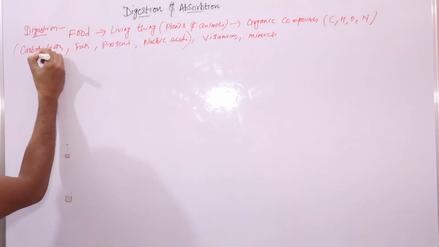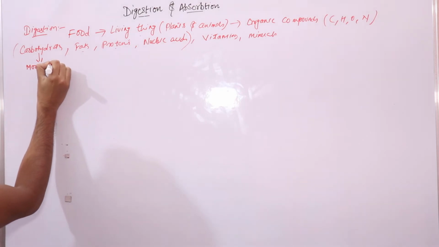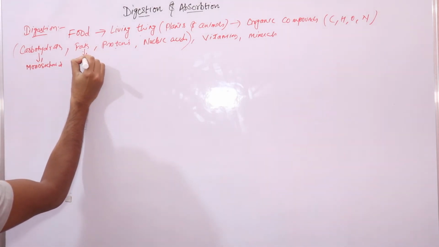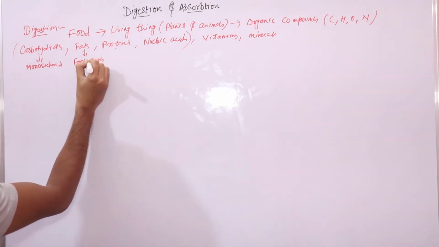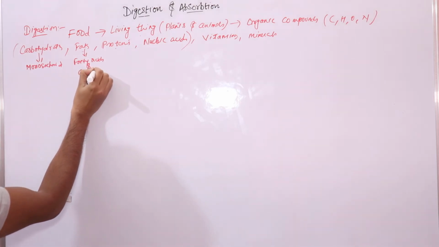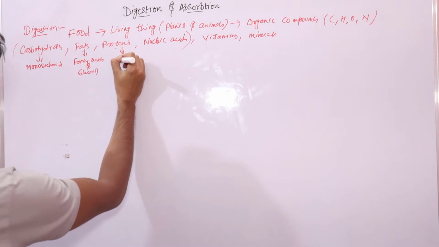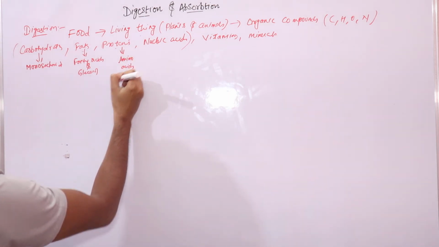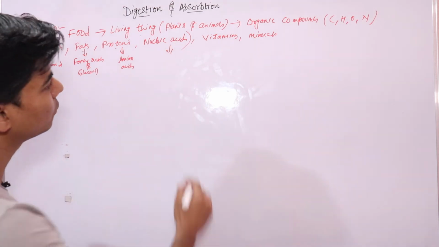Like we know that carbohydrates are made up of monosaccharides, right? Fats are made up of simple fatty acids, right? And glycerol. Proteins are made up of amino acids, right? Nucleic acids are made up of nucleotides,